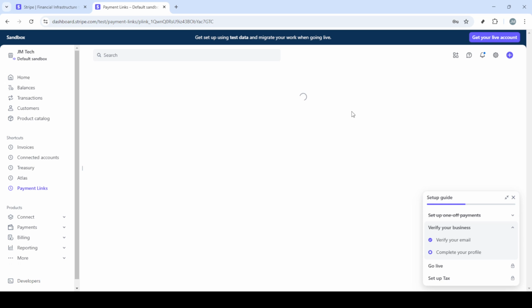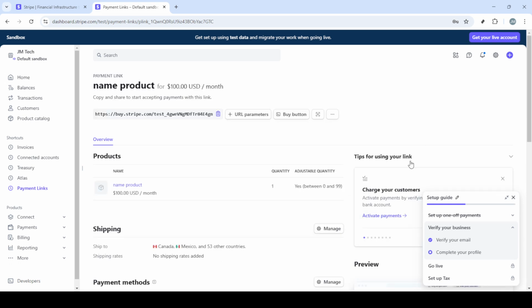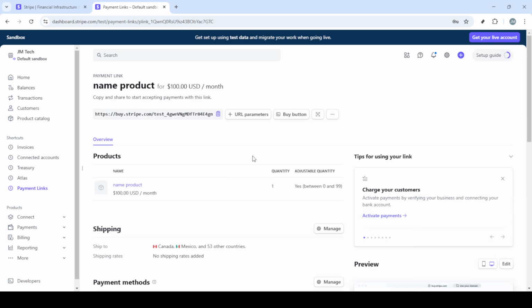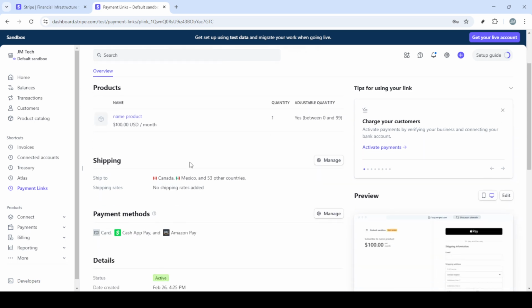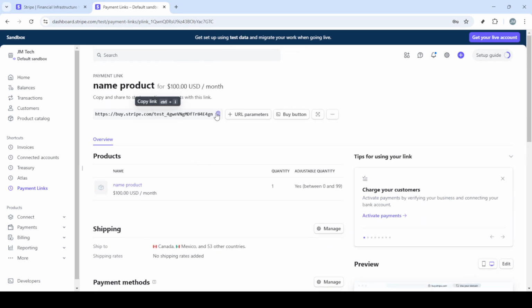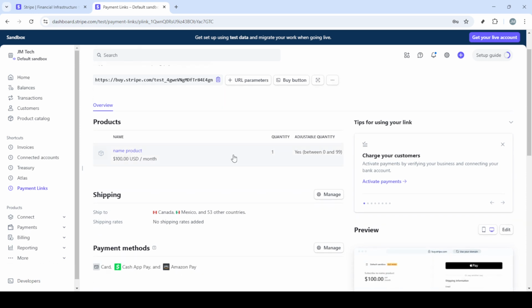Finally, copy the link provided by Stripe. You can now add this link to your website, email campaigns, or any other digital touchpoint. By doing so, you ensure that your customers can easily access your payment portal and complete their purchases swiftly and securely. And there you have it, you've successfully set up an online payment system using Stripe. In just a few minutes, you've taken significant steps to enhance the payment experience for your customers while ensuring